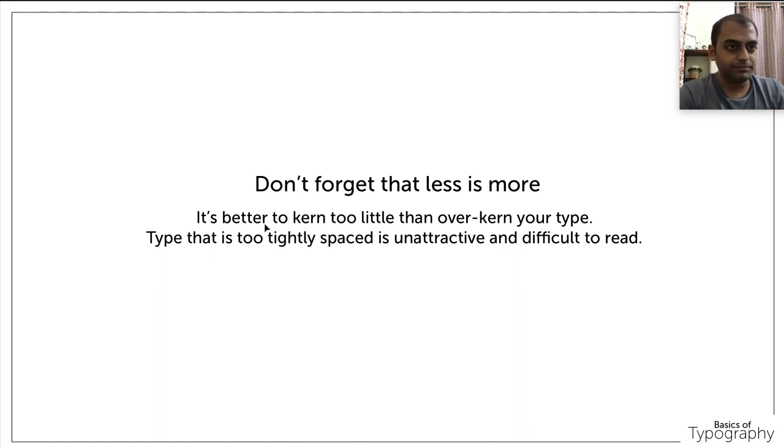Make sure you don't end up in a comma-like situation. For example, the person has kerned R and N together, so R and N looks like an M. You saw my earlier example, and I'll showcase it in this video also. Try to avoid such kerning. Don't overkern your text, so that you don't make it difficult to read and unattractive.